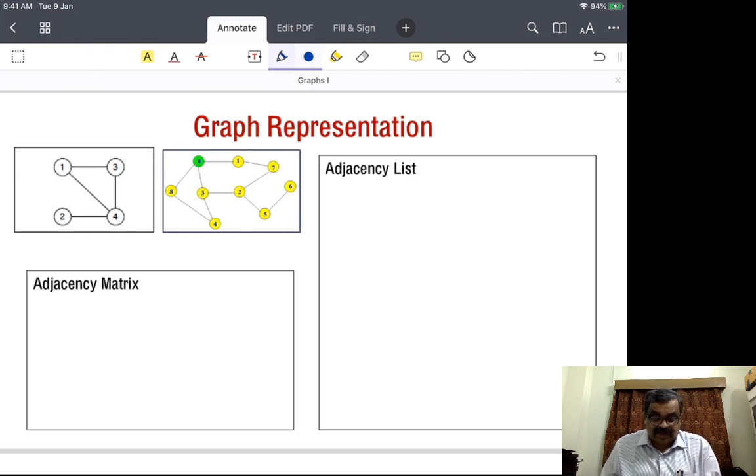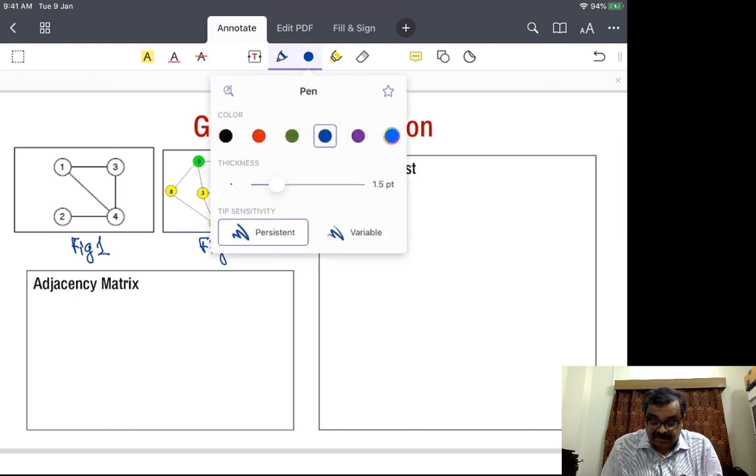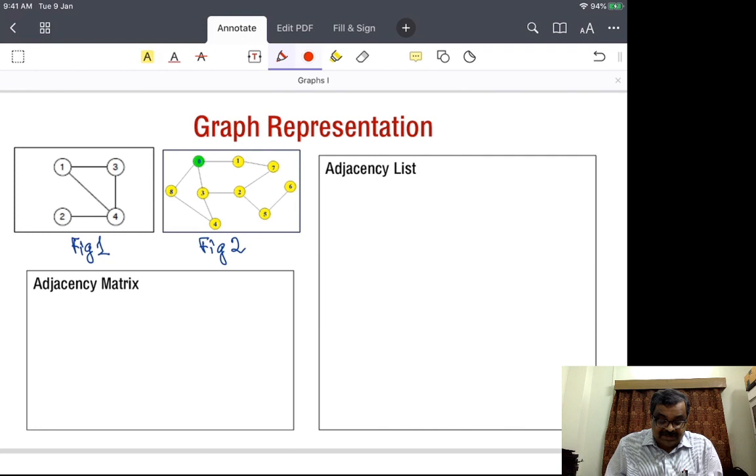I will just show an example using this figure 1 to show how we develop an adjacency matrix and an adjacency list. For an adjacency matrix, we create a matrix or an array. Here there are 4 vertices and 4 edges. So this is an array where we have got